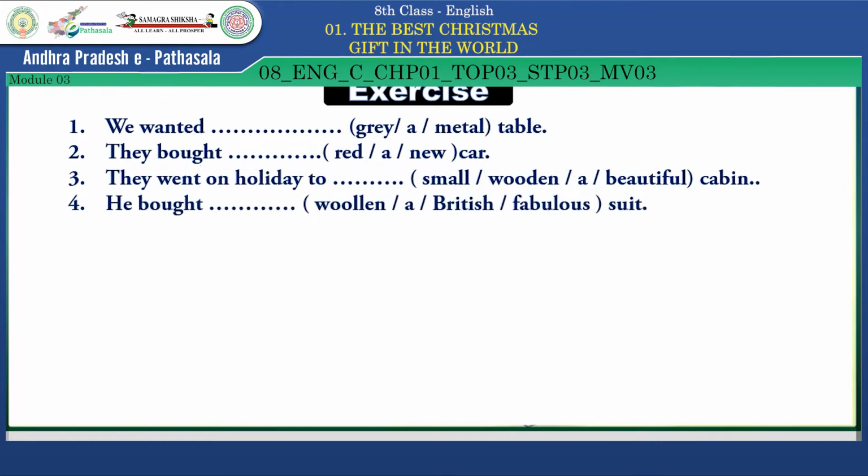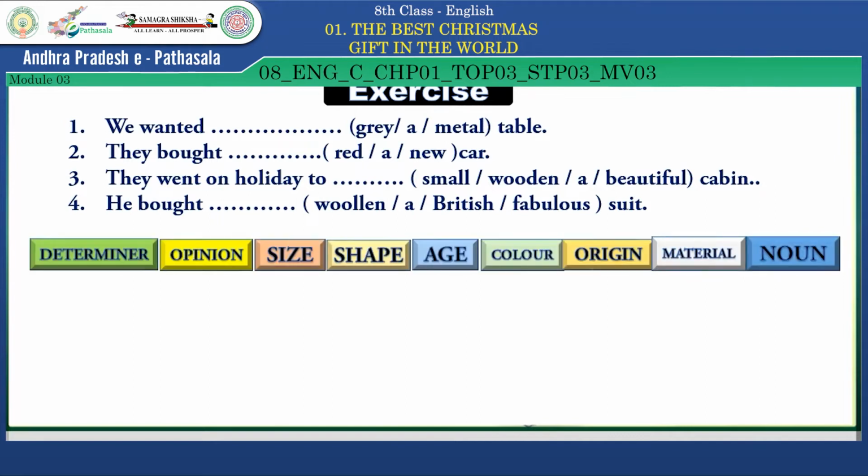And the last one, he bought blank suit, within brackets: woolen, a, British, fabulous. Now we have to arrange the adjectives according to their order: determiner, opinion, size, shape, age, color, origin, material, and